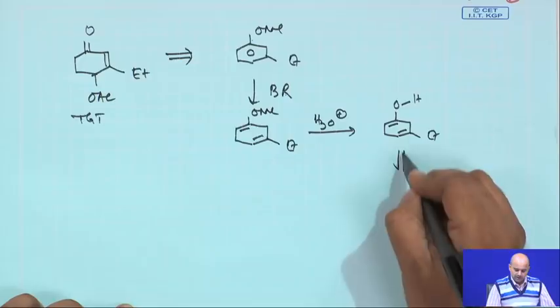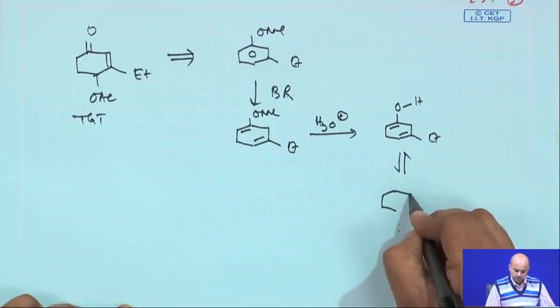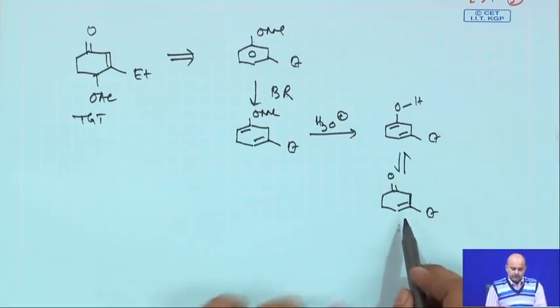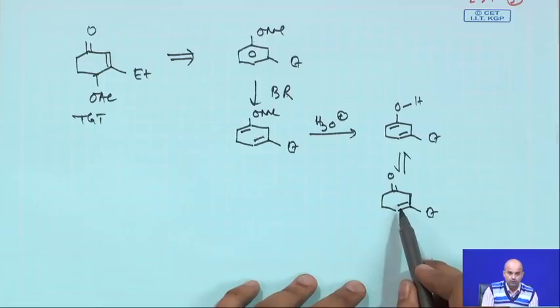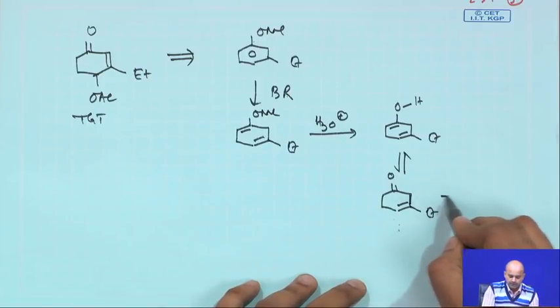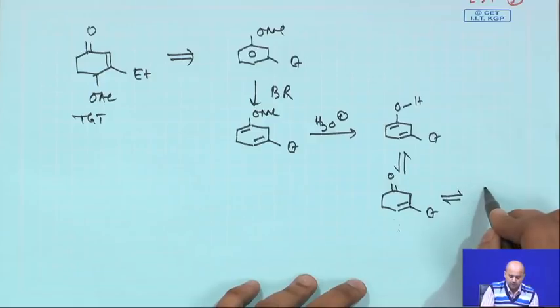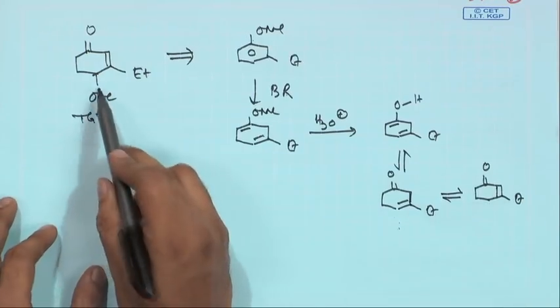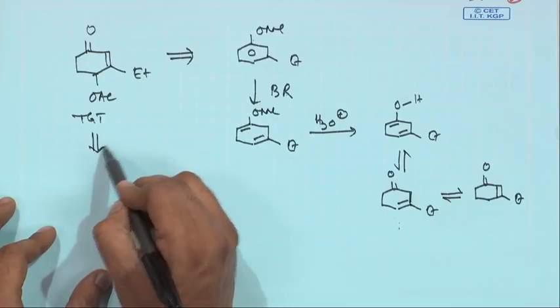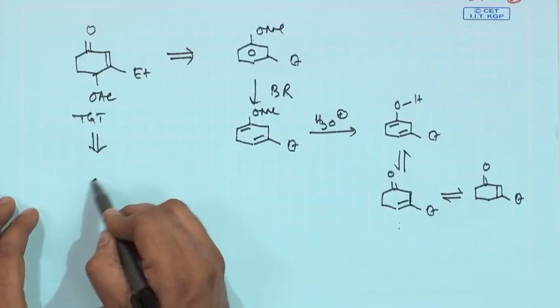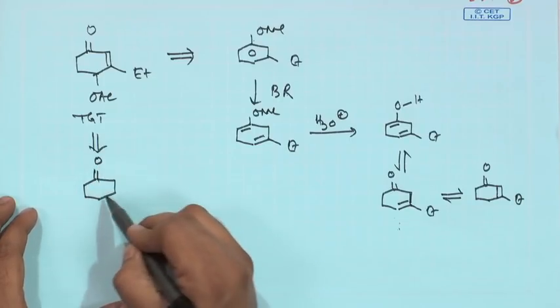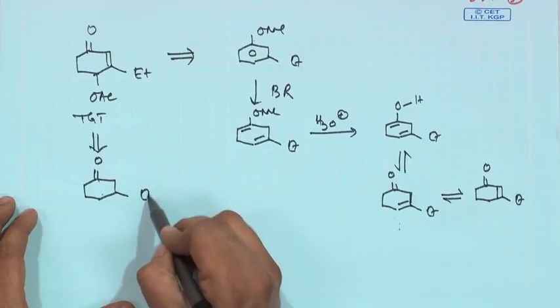The enol can instantly tautomerize to give you this compound. Now, this compound is not the conjugated ketone, it is not the conjugated ketone. It can in principle again undergo an isomerization reaction to the more stable keto form. But if you see the target molecule, what we try to formulate is that the target molecule can be accessed if you have